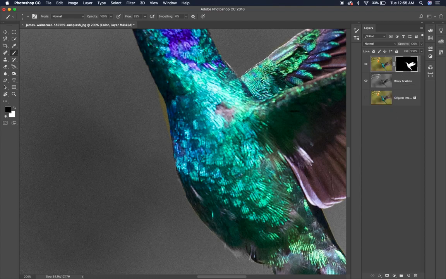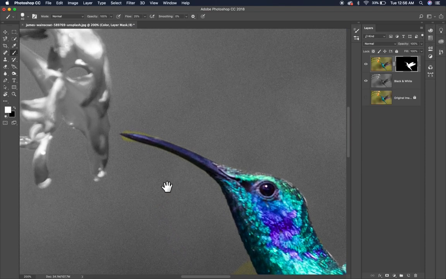If I'm on my mask and I paint with white, I'll make sure that my white is in the foreground. You can do that by clicking on this little curved arrow or hitting the X on your keyboard. If I'm painting with white, let me make my brush a little bigger. What's going to happen is my color is going to come back in. Now this might be a little bit easier to see up here. So when I paint with white, my color comes back in. If I switch that to black and I start painting with black, my color disappears again. So this gives you a really easy way to